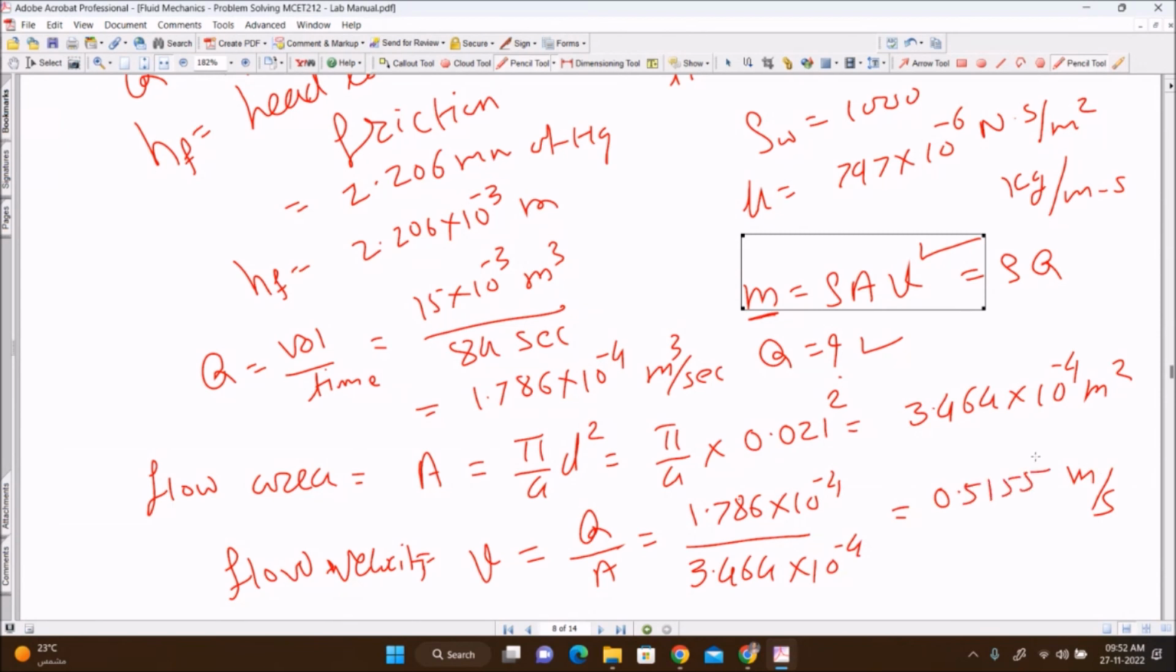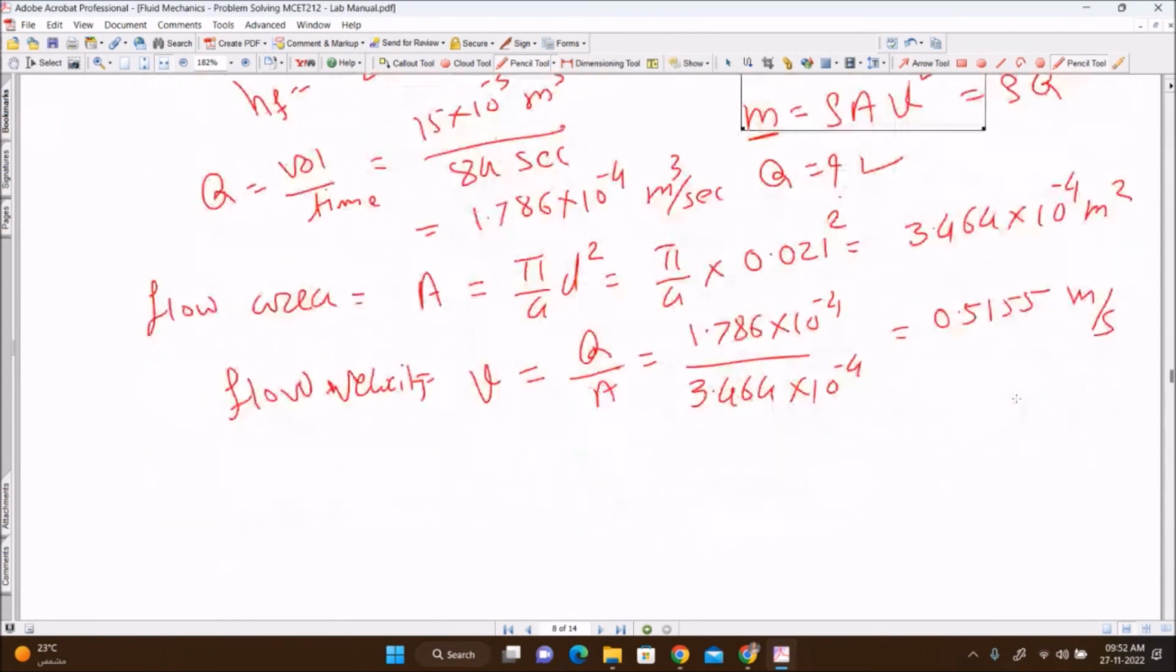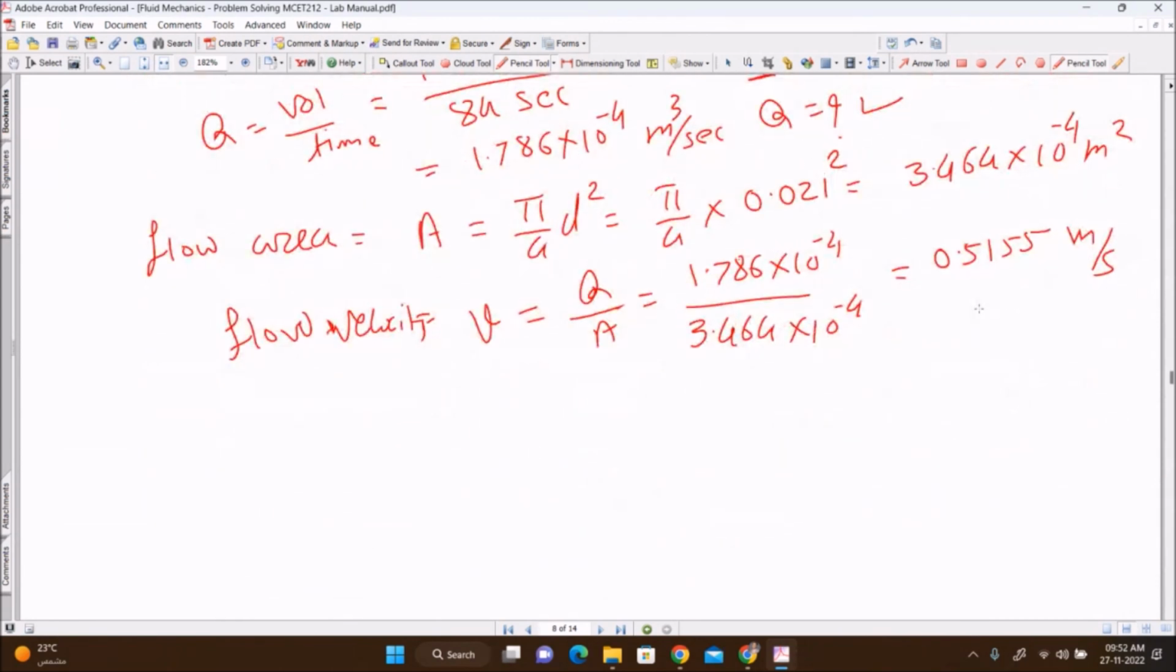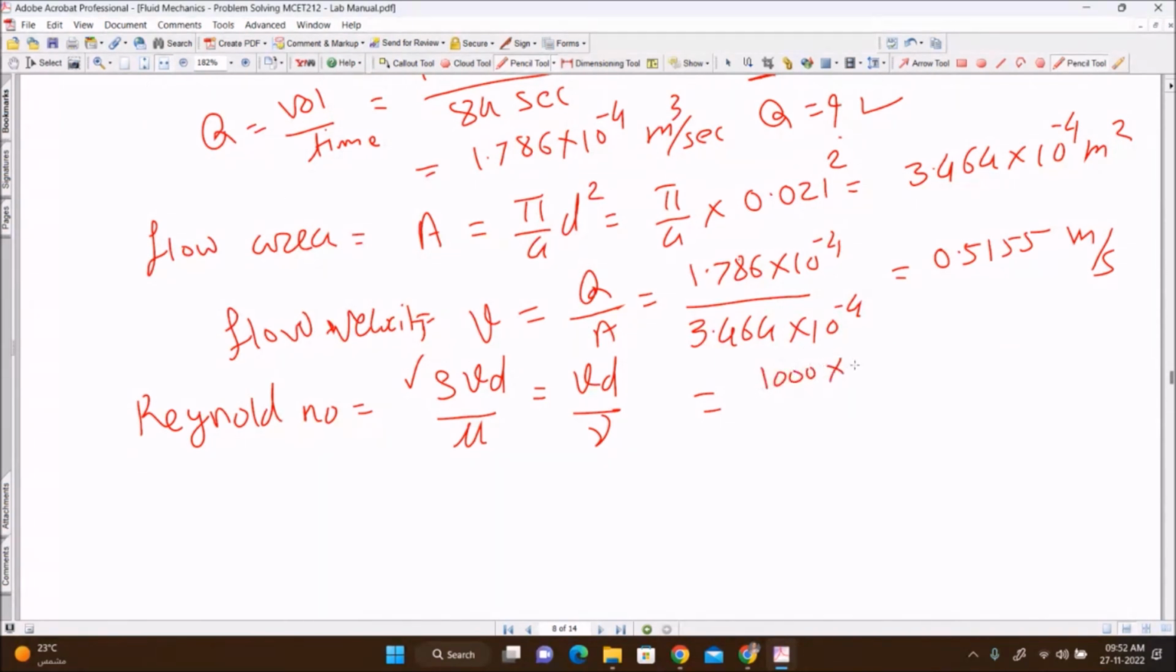Once you know velocity, I can write the formula, put in the value, and get the answer. First, the formula for the Reynolds number: Reynolds number is equal to rho VD by mu, or VD by nu. I will use this one because mu is given. So rho